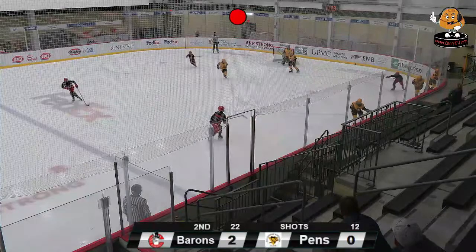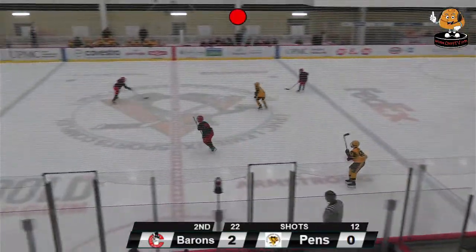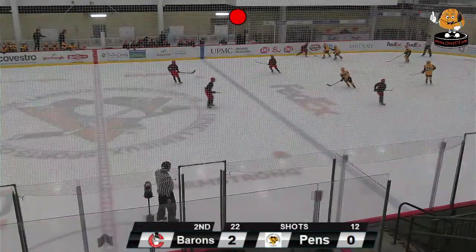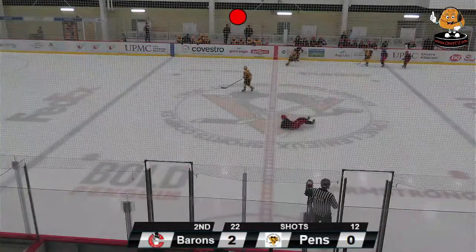I don't know that we have a shot in the second period, and we are halfway through it right now. So what we thought was not a good first period has turned into an even worse second period. So hopefully the Penguins wake up here and start to roll a little bit. Barons are playing very well, don't get me wrong, but